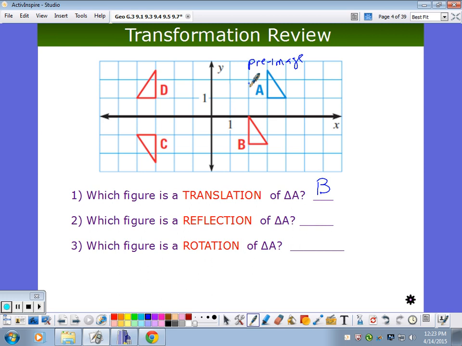Which one? D. And we're reflecting it over this y-axis, aren't we? So that is our line of reflection or line of symmetry. You can call it any of those things. And then I need the rotation of